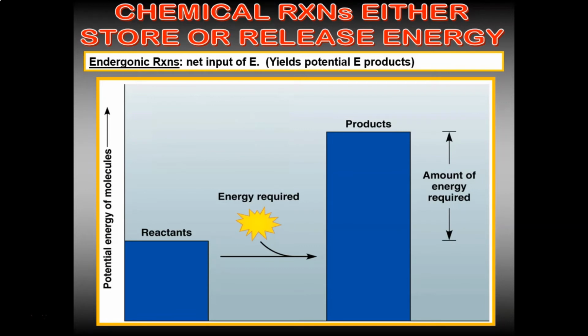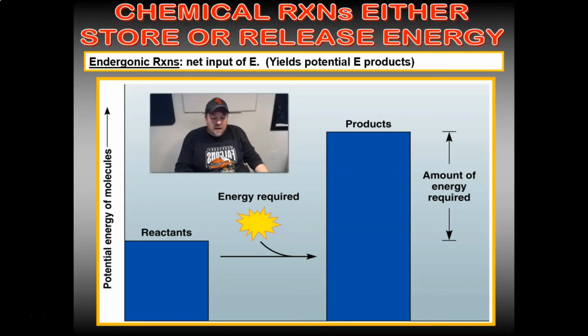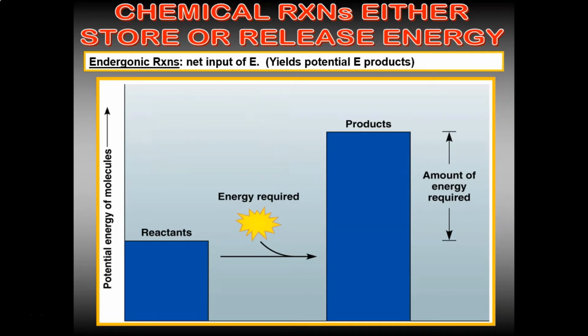So basically, in an endergonic reaction, you're talking about an input, right? A net input. That doesn't mean that it's all input. It just means overall there'll be an input of energy, okay? And that yields a higher energy product. So if you look here, you have